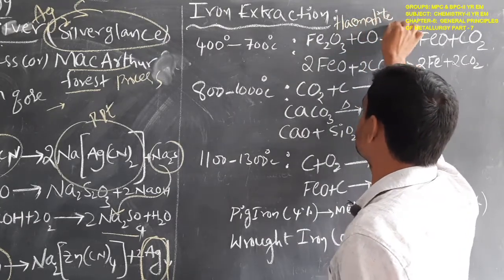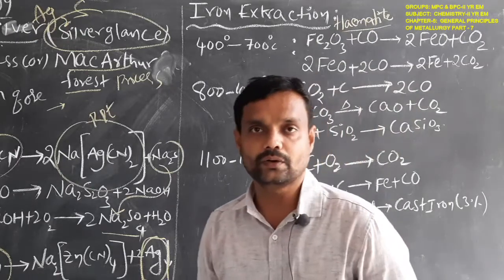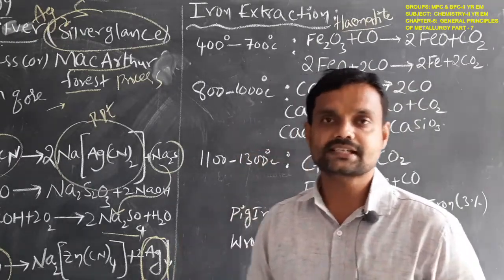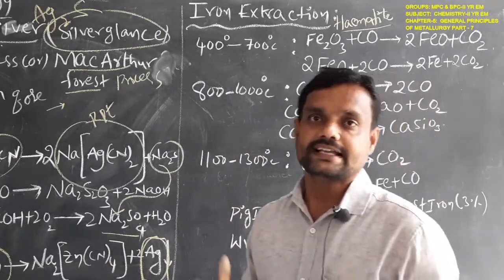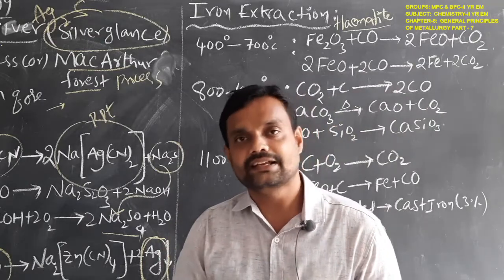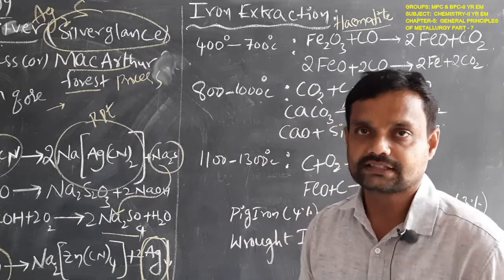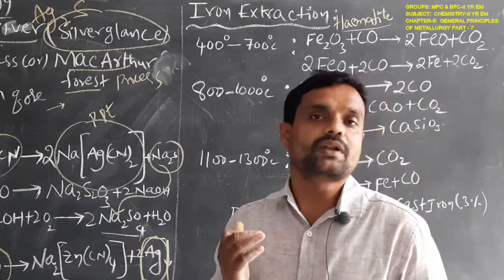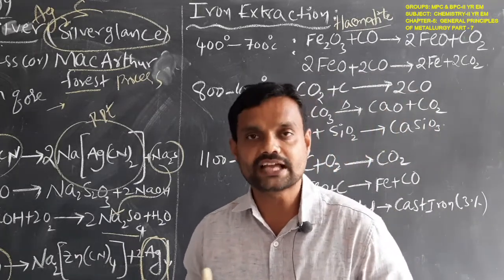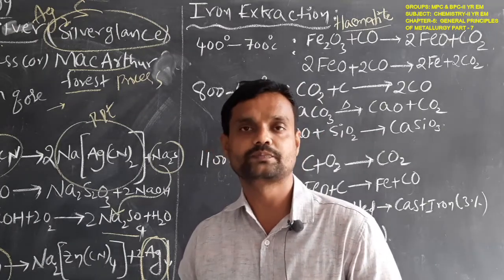Iron can be extracted from hematite ore. Here, the total process is done in the reverberatory furnace or blast furnace. For example, when we are using the blast furnace for the extraction of iron from the hematite ore,